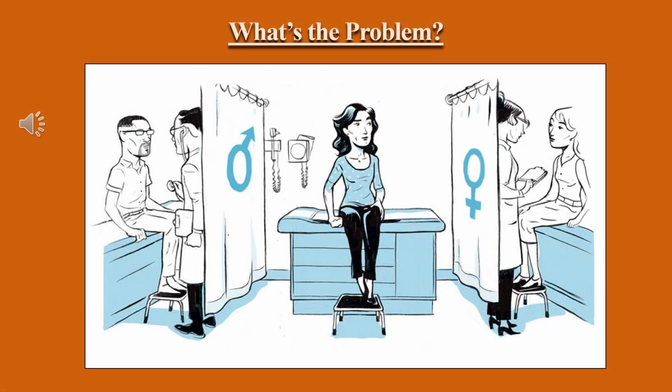So what is the problem? I want you to take the time to look at the illustration on your screen right now. Spend a moment just noticing this photo. You'll notice that there are 3 different patients and 2 different clinicians. What do you think each of the individuals in this photo is thinking or feeling? What do you perceive them to be experiencing? And then I'd like you to ask yourself, what do trans individuals need when accessing care?